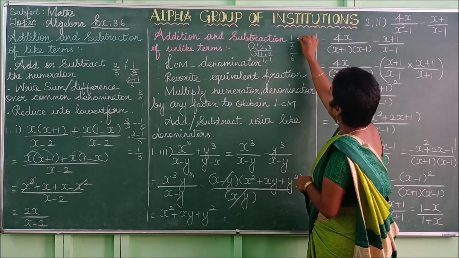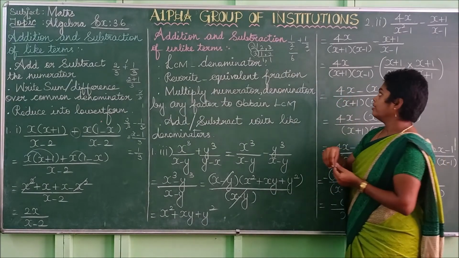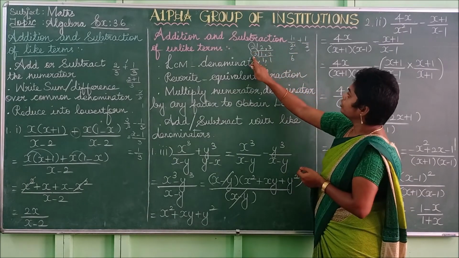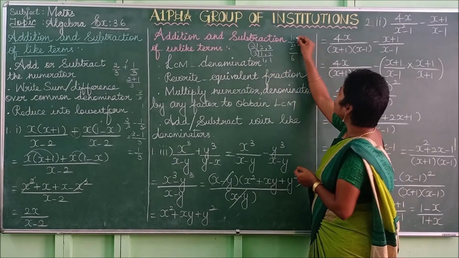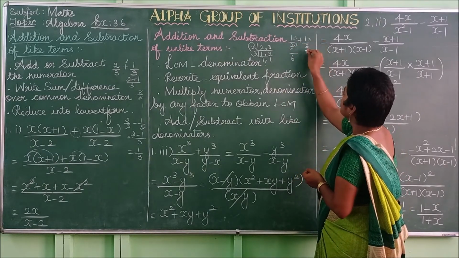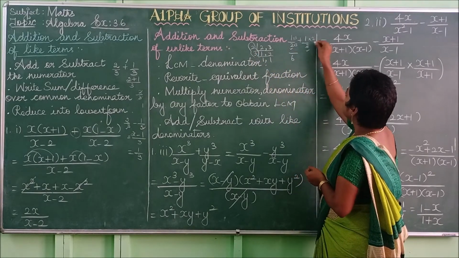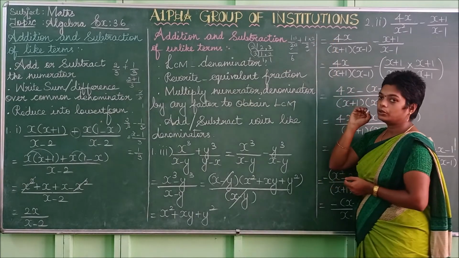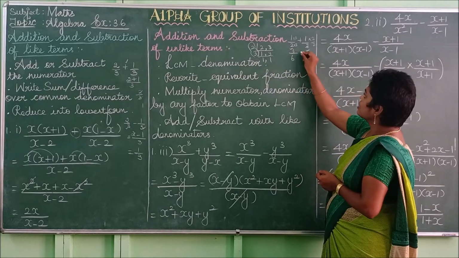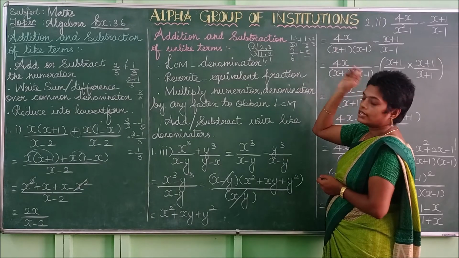So you have to change this into an equivalent fraction. Then only you can add. For the equivalent fraction, what number do you have to multiply? 2 into 3 is 6, so you have to multiply both numerator as well as denominator by 3. And for this side, 3 is here. So what are the remaining terms? 3 into 2 is 6, so you have to multiply numerator as well as denominator by 2. So what is the value? 1 3s are 3, 2 3s are 6. Plus 1 into 2 is 2, 2 into 3 is 6.